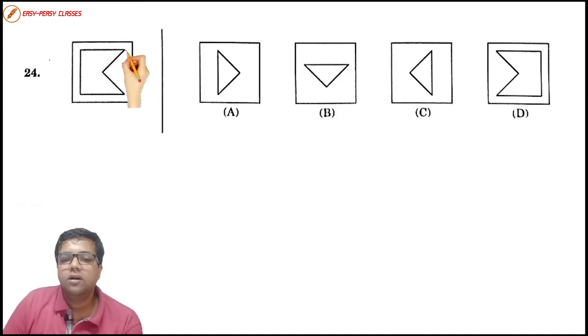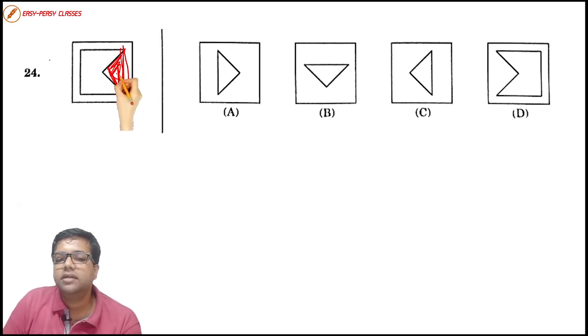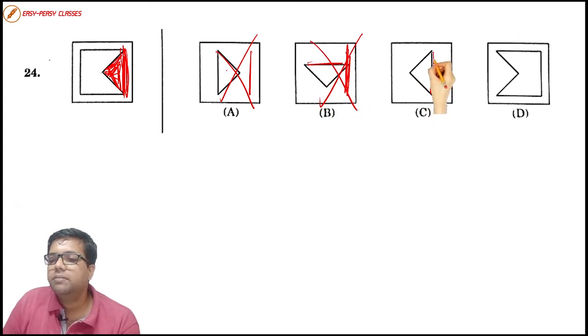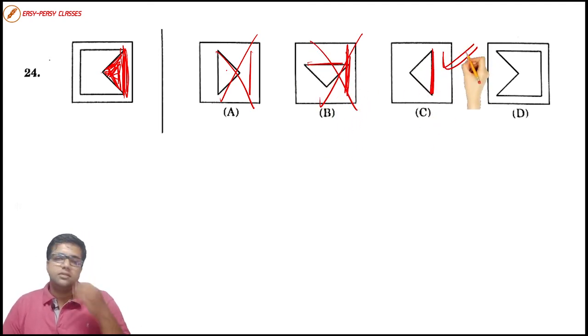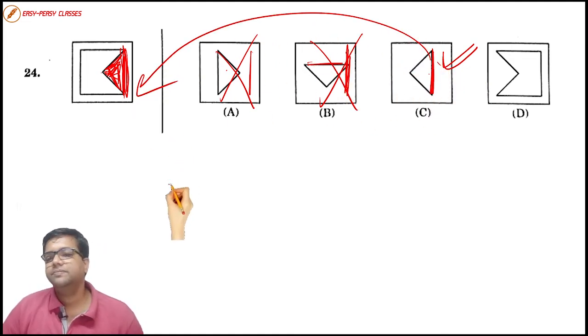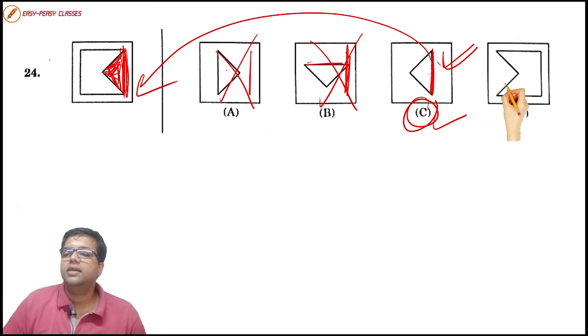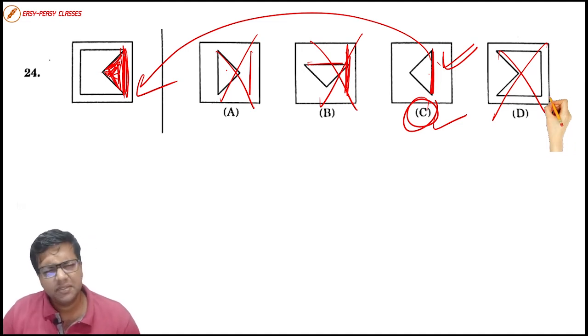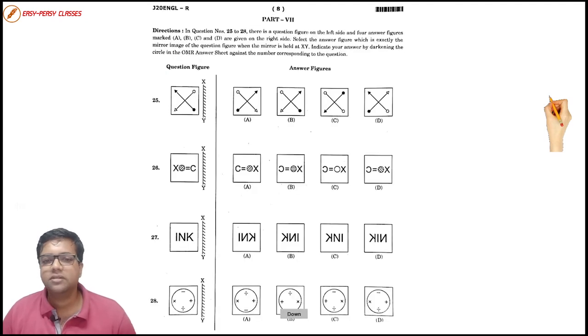So next question. In order to complete this, you just have to draw a straight line, and that makes a triangle over here, right? The triangle where the point towards the base is towards this side. Do we have the base towards this side in this triangle? No. The base is over here. Do we have the base over here? No. Do we have the base over here? Yes. This becomes our answer. This is exactly what is required to be filled over here. So option number C becomes our right answer, and there is no triangle present in option number D, so we eliminate it without looking further.